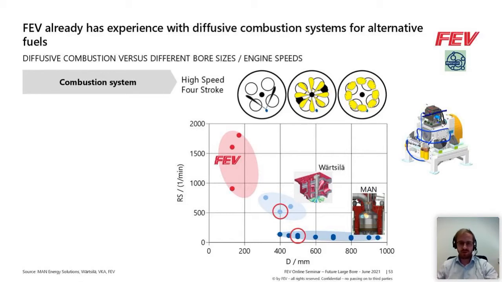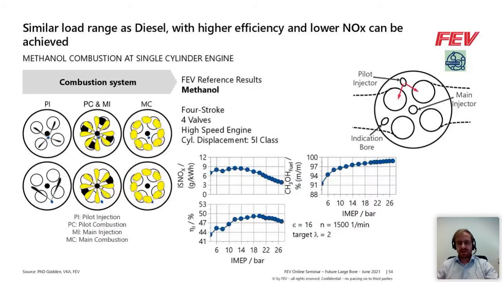So why do we want to separate these injections? Methanol or alcohol fuels in general are often used to boost the knock resistance of gasoline fuels, and this effect would also show here to negatively interact with the pilot diesel injection. So starting with the high-speed engines, the high-speed single-cylinder engine with a cylinder displacement of about 5 liter,